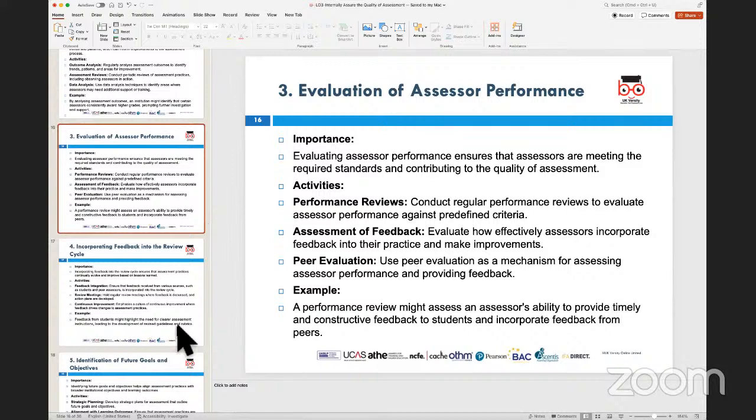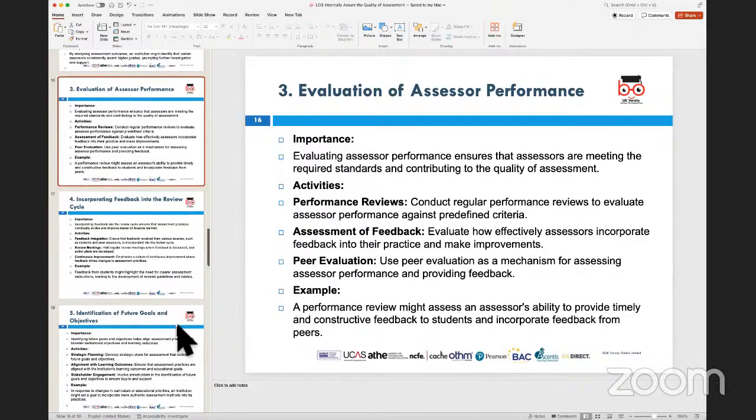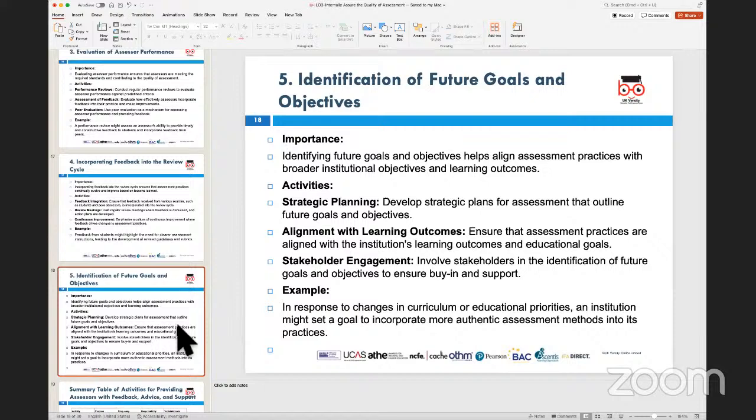This could be done on a one-on-one basis. This will also include performance reviews at the end of the year and also inclusion of some sort of activities which the assessors are then given, to look at CPD or development. And then when you look at future goals and objectives, there would be plans which are shared in terms of